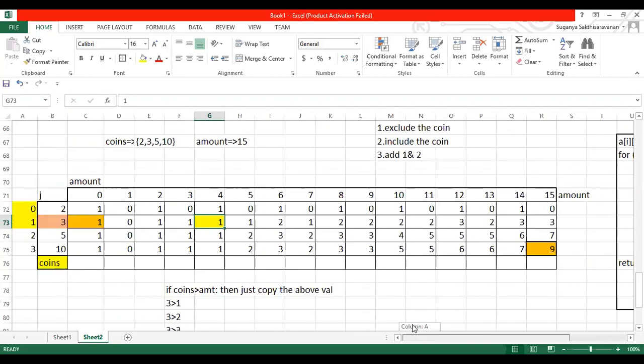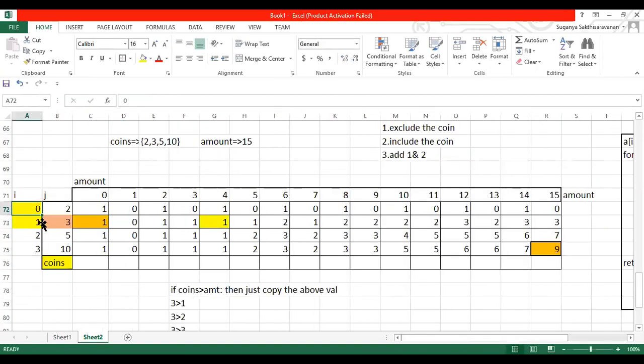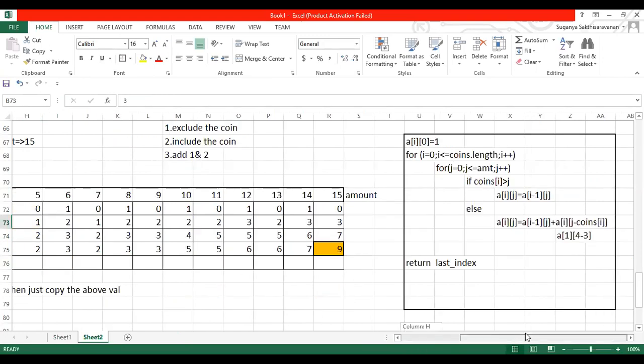Ith position is taken, i value as 1, right? 1 plus your j amount value, which is 4, minus coin of the first position value. Coin of the ith value. What is the coin of the ith value here? It is 3. The particular amount, the coin you have taken, the ith position value coin. Can you take it? Coin of i in the sense, coin is an array, which takes the coin of the first position value, which is 3, here. Is this point clear?